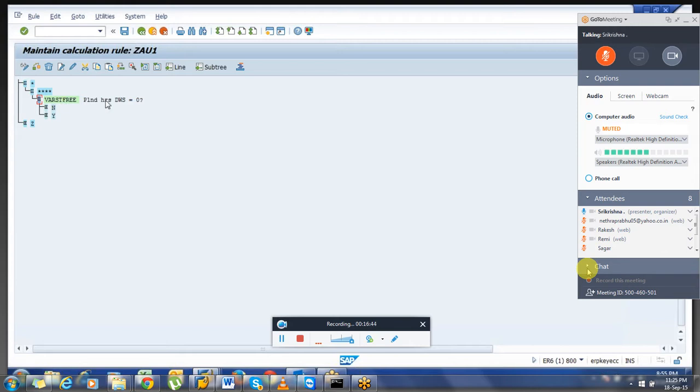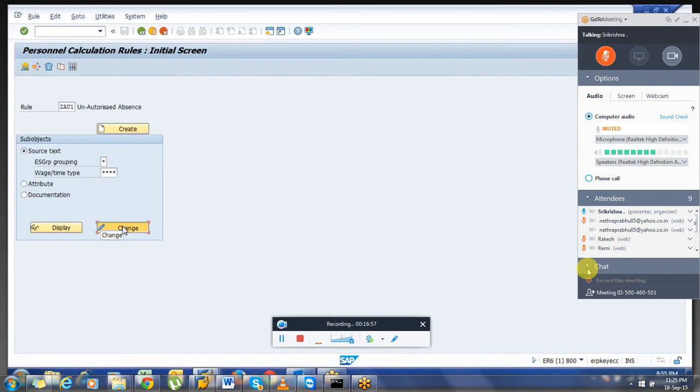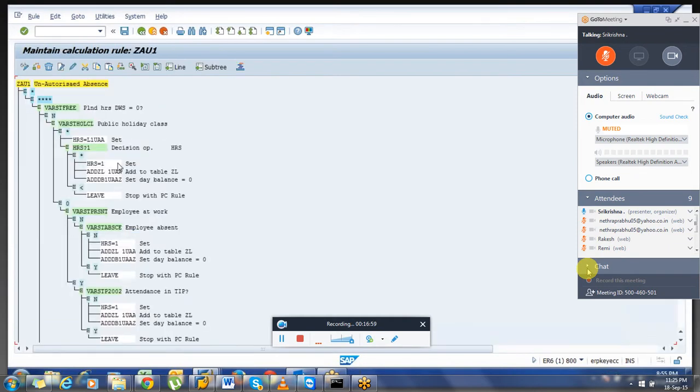So we'll continue with the session. I think we had a few questions yesterday from Srikanth: we will first reduce whatever is there from his available absence quotas.